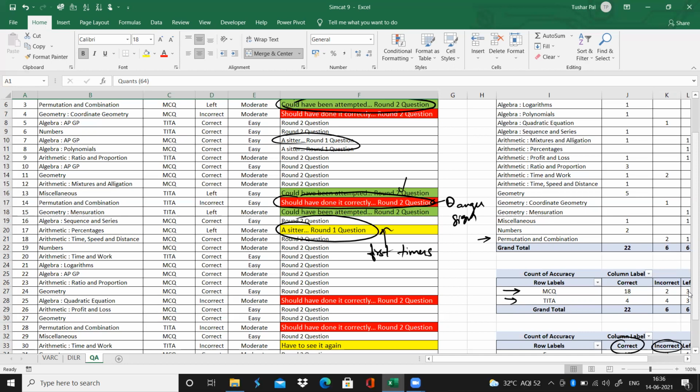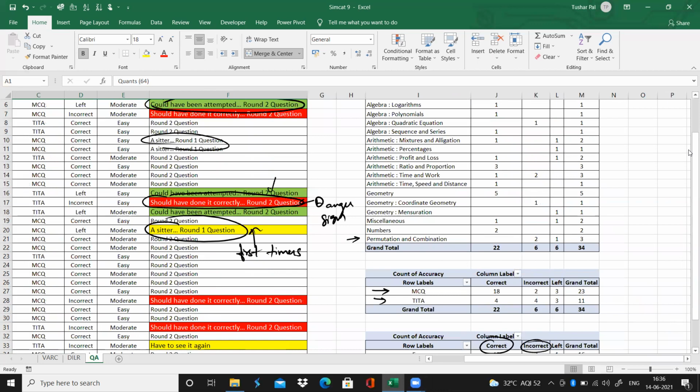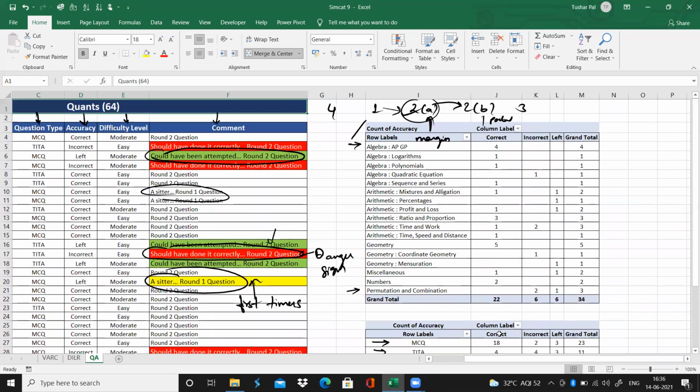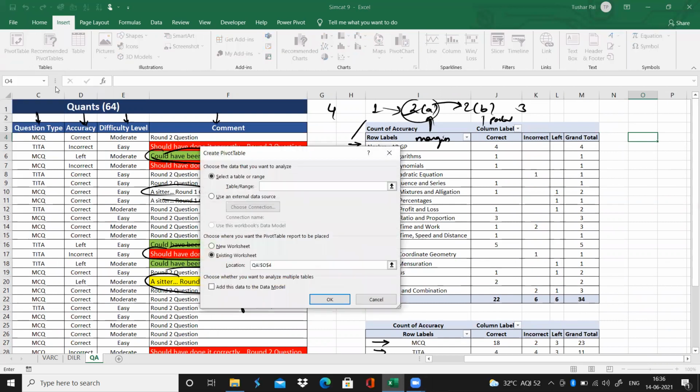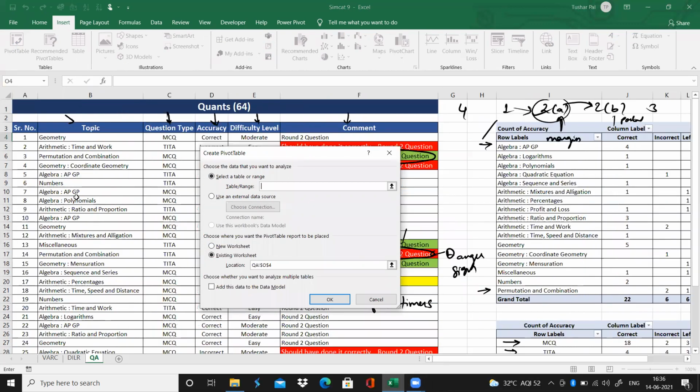Finally, I will teach you how to make this pivot table. So for that, I will select the row. I will select the bubble where I will make this table, and I will go to insert, and there is a pivot table option. I'll click on it. Now I have to pick up the range from which I will make this pivot table. So I'll go back to the original serial number. I will simultaneously click shift and control. Just listen to what I'm saying. I cannot show it to you.